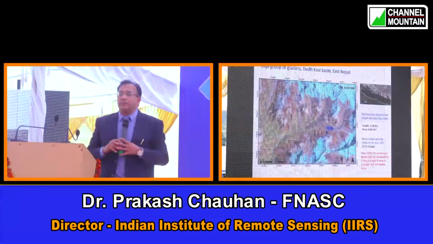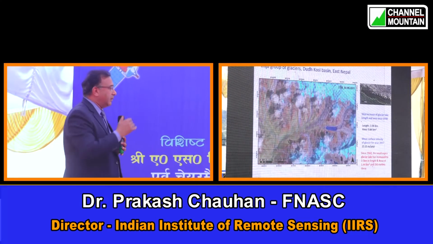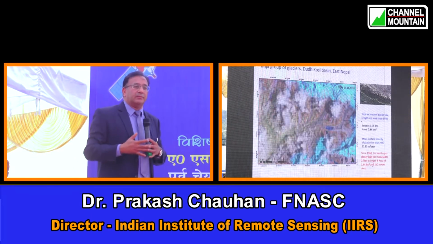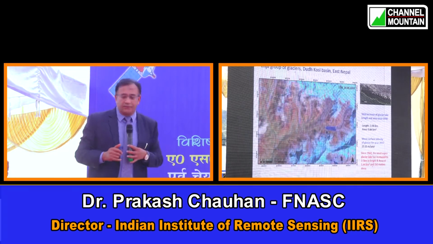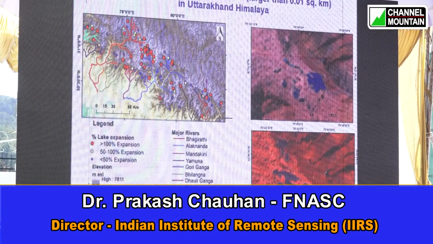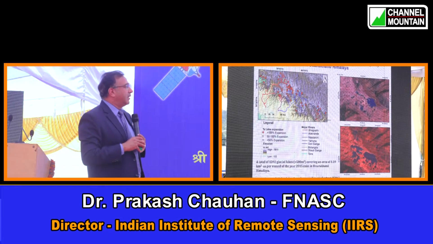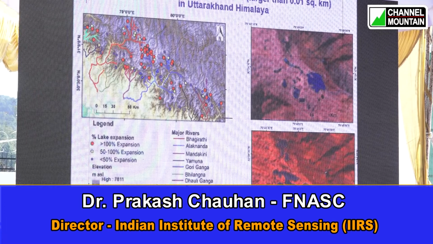And such types of events are happening at multiple places in the Himalayan system. Some of these become potential dangers to the people also. If the glacial lake becomes a large lake, then a breach can happen, which can lead to flash floods downstream. Next slide. Now this is one study which has been done in IIRS, where our colleagues have estimated the spatial distribution of glacial lakes in the Uttarakhand region, and they have come out with the number of lakes and what is happening to these lakes.